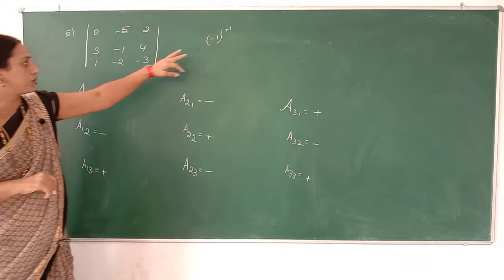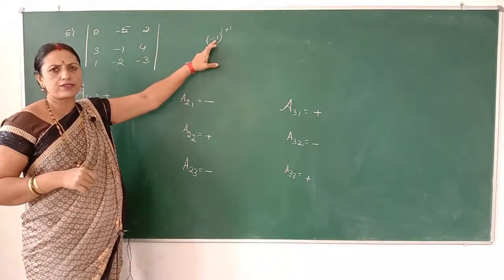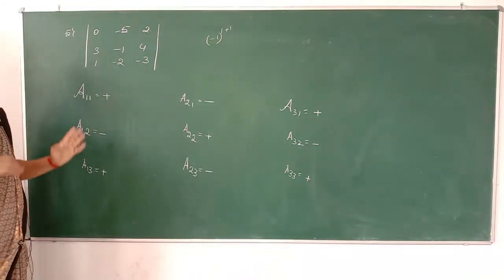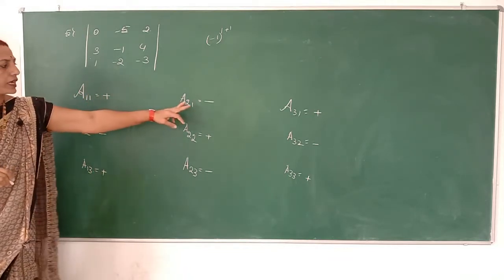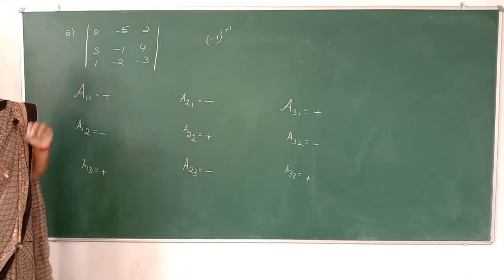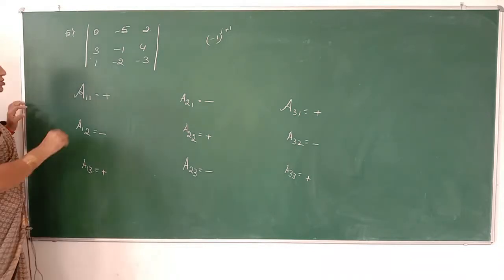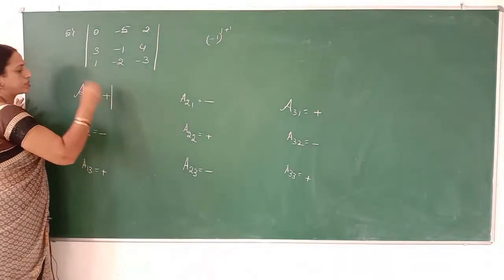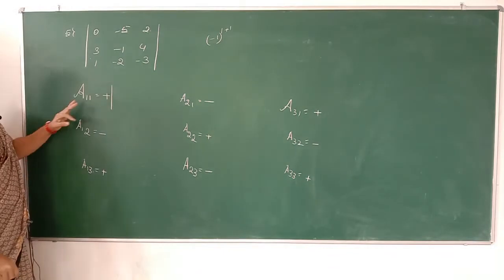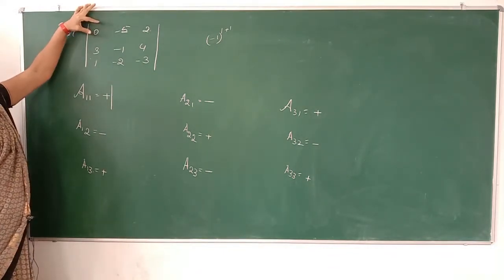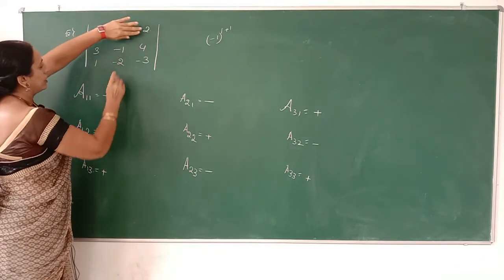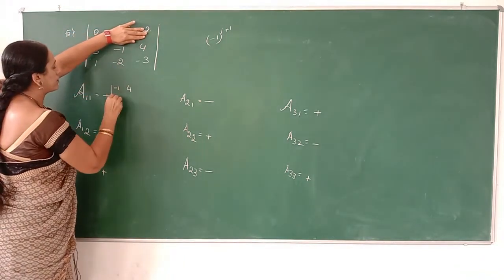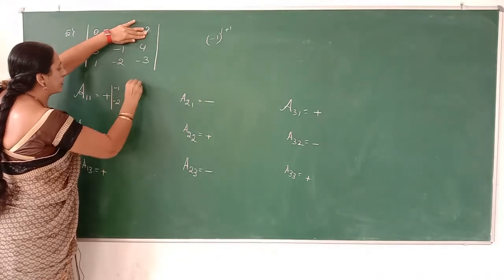So these are also denoted by using the definitions of their corresponding sign, otherwise just will be denoted by using the symbol. In the first row plus minus plus, second row minus plus minus, and in third row plus minus plus. After then we'll get simplified by using the form of determinant. So A11 means it's an element of the first row, first column, and these elements get neglected. Remaining elements are minus 1, 4, minus 2, minus 3.